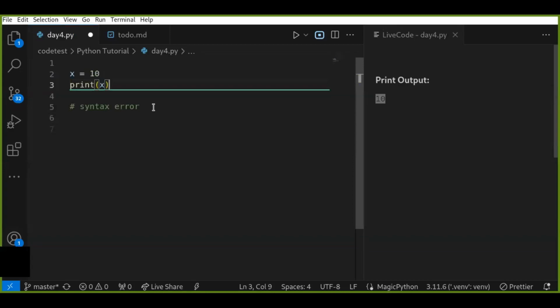Does Python know about your error before it runs your code? Python is what is called an interpreted programming language. I have already discussed this in the introduction to Python programming in the day one tutorial. Compiled languages examine your entire program at compile time, but Python examines your program at runtime, not compile time. So errors can be determined or handled at runtime because it is an interpreted programming language